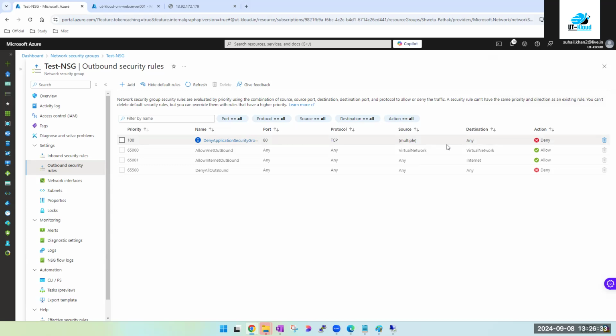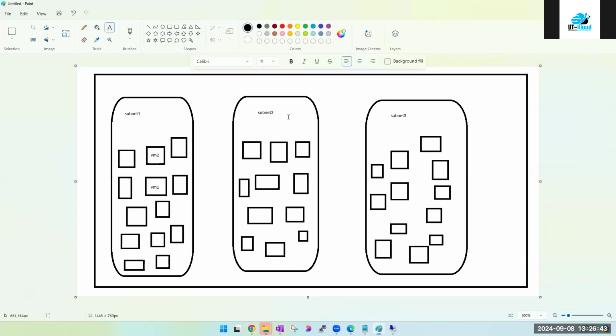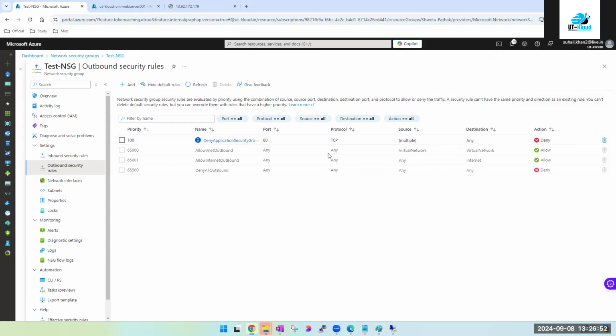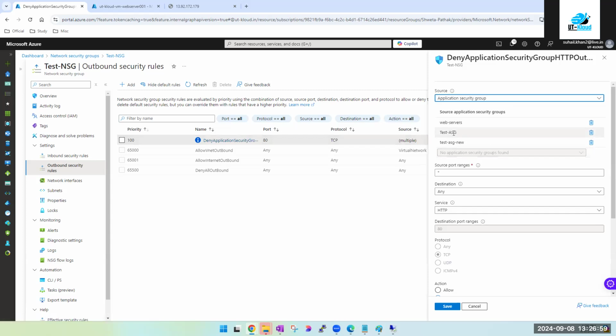Now, assigning this application security group to the machine is very simple. You just have to create it. It is as good as a label, वो label से ज़्यादा कुछ नहीं है. बस आपने एक group बना लिया है. So now you can have one network security group at the subnet level. By default rule है internet allowed, तो सारे के सारे को allow है, right? But I made one custom rule जिसमें मैंने deny कर दिया और उस deny में सिर्फ उन machines को रखा जिस पे ये tag लगा हुआ है.